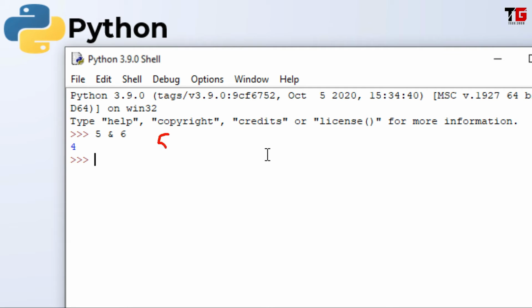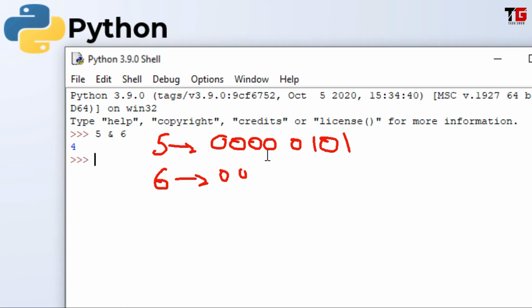So friends, the binary code for 5 is, in the starting we have 4 zeros and then 0, 1, 0, 1. This is 5. And 6 is 4 zeros in the starting, then 0, 1, 1, 0. Friends, this is 6.